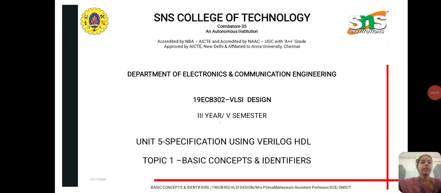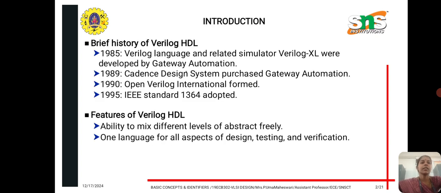Morning. Here we are just going to see the topic of basic concepts and identifiers. In this, the introduction is a brief history of Verilog HDL. That is, in 1985, the Verilog language